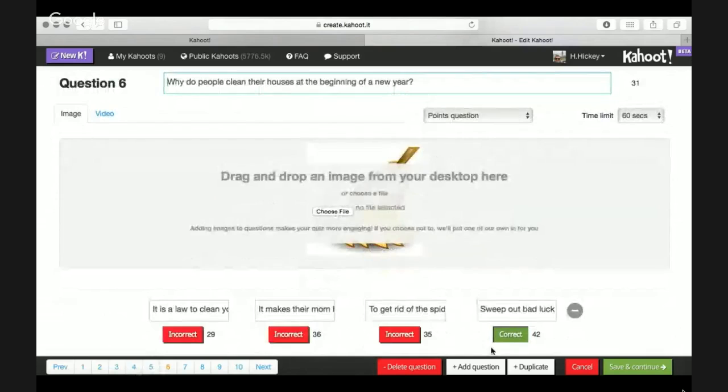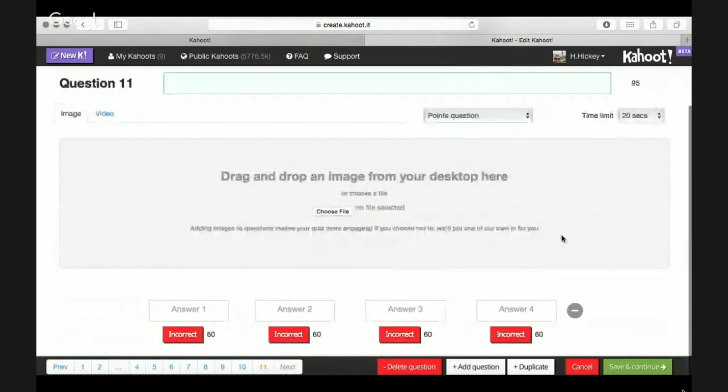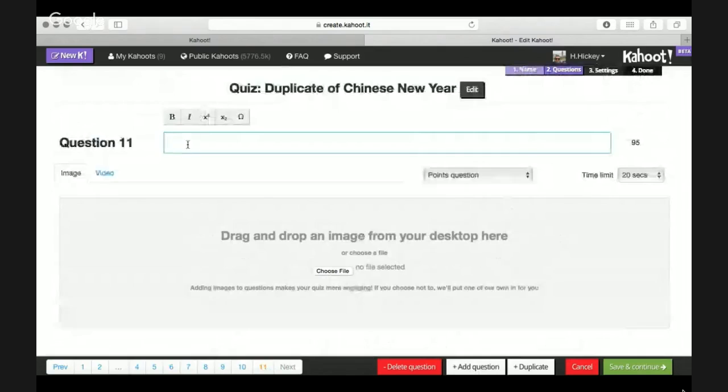I can also come over here to the right here where it says add a question. So if I wanted to continue this Kahoot and make it longer by adding additional questions, I could go ahead and say add a question. And it's going to give me the blank template here. So you'll notice when you add a question in the question box here,